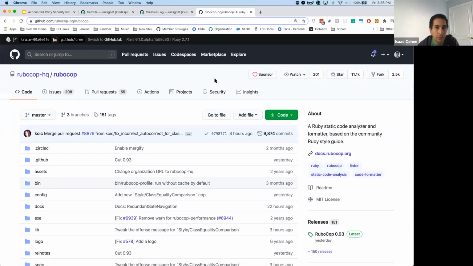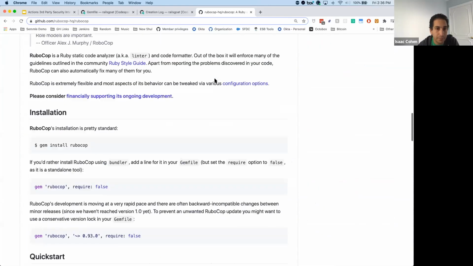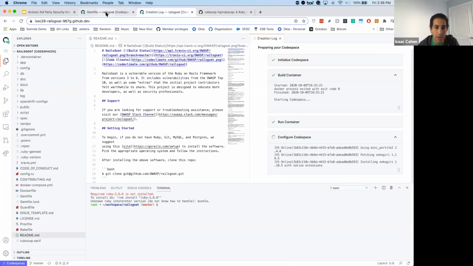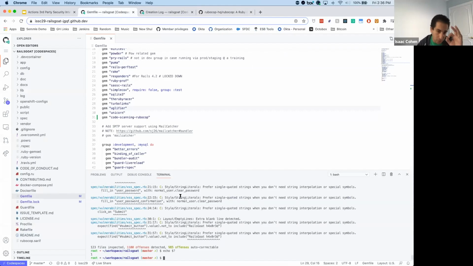Let's see, Rubocop. Well, I forgot where that was, but you have that option to do that as well. And then that would turn that to a 0 if it doesn't meet the specified critical vulnerability level. But let's actually get this as part of a GitHub action. So let me go back to